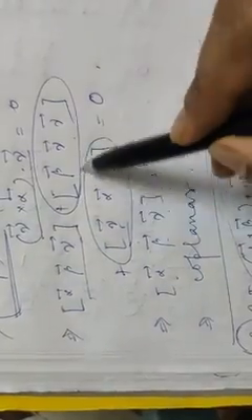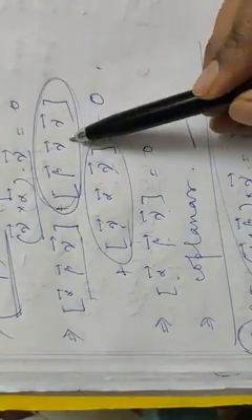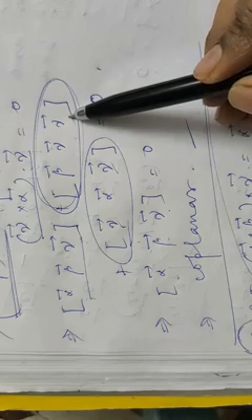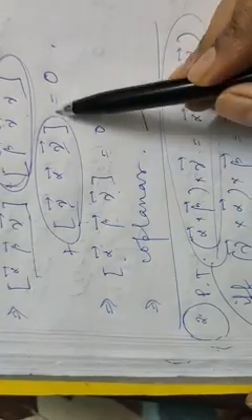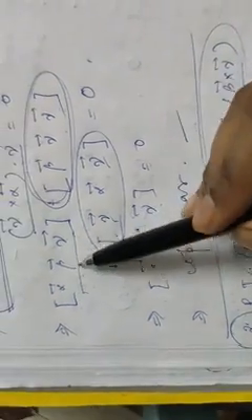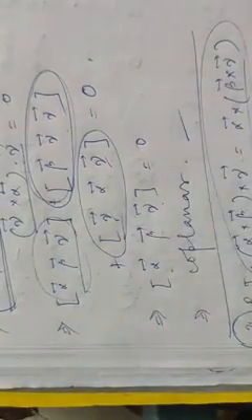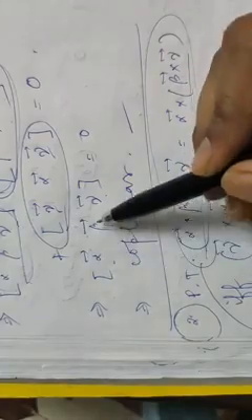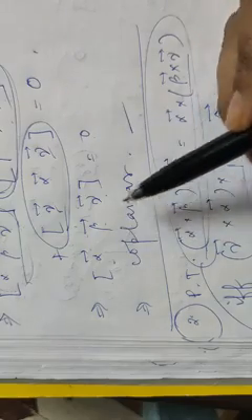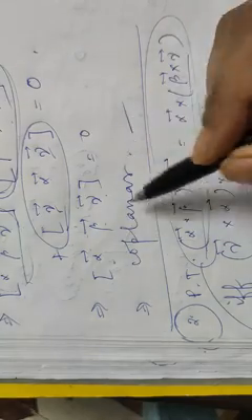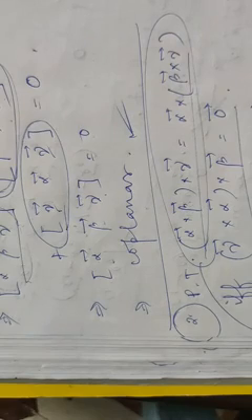Now what about this quantity? Two vectors are the same, so its value will be 0. We have already proved this property of box product. Similarly, here also two vectors are the same, so this will also be 0. That means the only non-zero quantity is this one. So from there we can write the box product alpha beta gamma equals 0. That means the three vectors alpha, beta, gamma are coplanar.